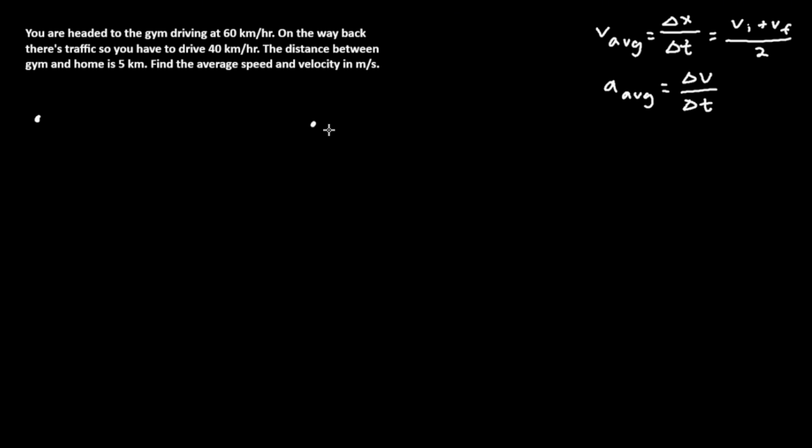So assuming you've read it, I'm going to describe what's going on here. We're going to assume this is in a one-dimensional plane or surface, a one-dimensional path. So you're just traveling straight to the gym and straight back. And on the path to the gym,